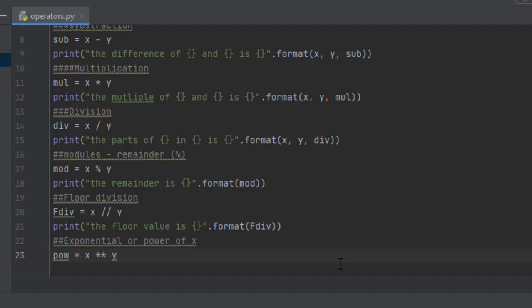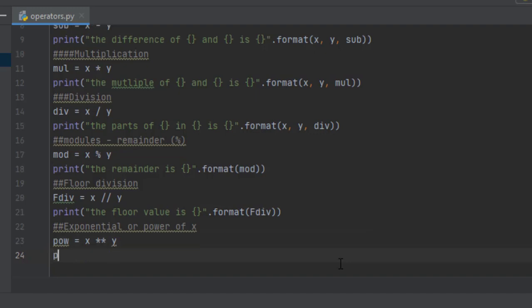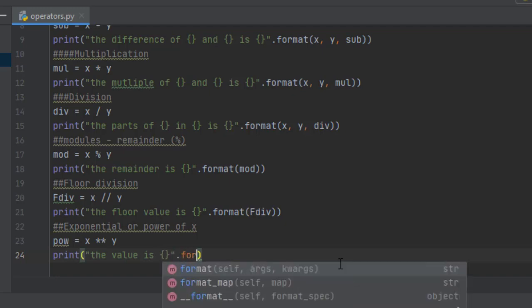If the x value is 2 and the y value is 3, it is calculating 2 power 3, which means it will return the value 8. Now let's print out and see. I don't want to simply print out the answer, so I'm giving it like this.